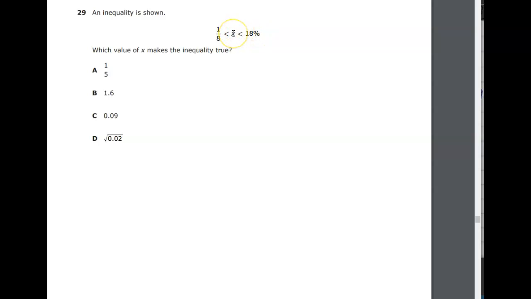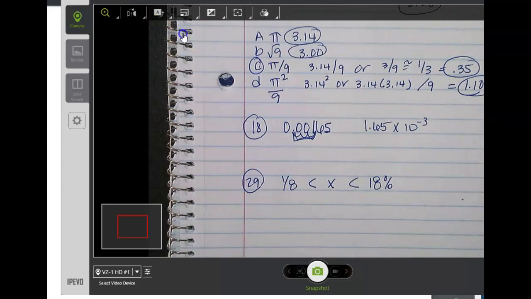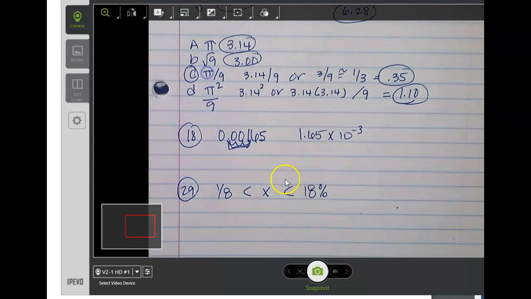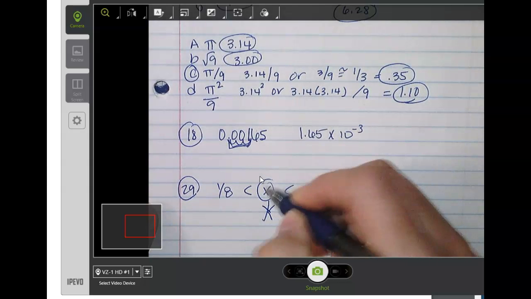So again, this is you. X marks the spot. That's you. X is greater than 1/8. X is less than 18%. All right, so I'm going to go to my scratch paper. We're going to look at this. Here we go. All right, so I've got my paper. Let me zoom in for you. Maybe. There we go. So let's play. Maybe not. So here's you. X is